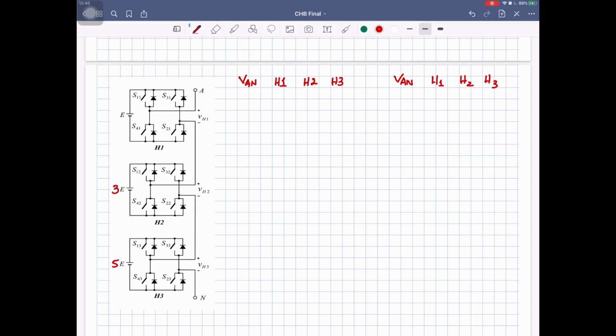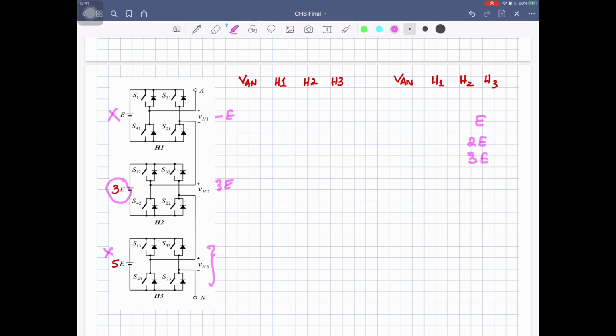Okay, so if I want to get E, what will I have to do? I can get E from here, keeping the second inverter and the third inverter off, I can get voltage level E. Okay, so E is obtainable. How to get 2E? Keep this one off, and this one 3E and this one with minus E, so you can get 2E. So you can get E, you can get 2E. How to get 3E? To get 3E, keep this one on and put the others off, so you will get 3E.